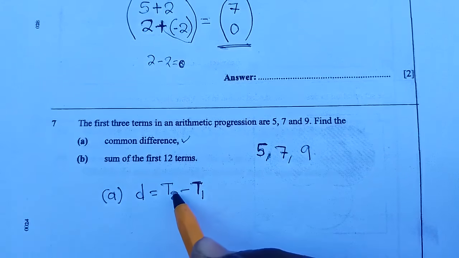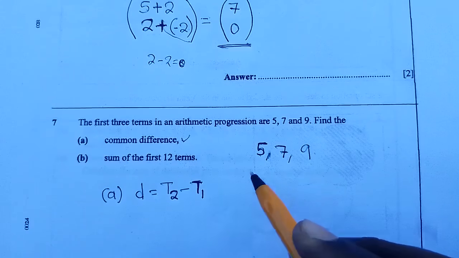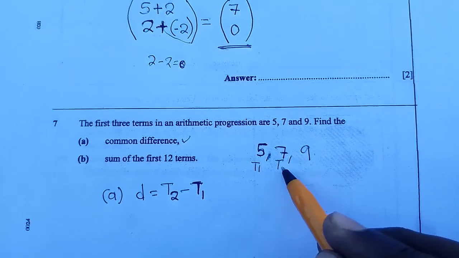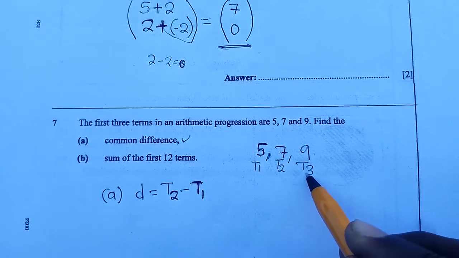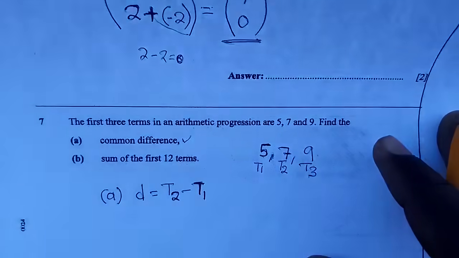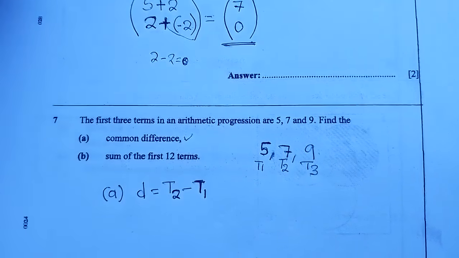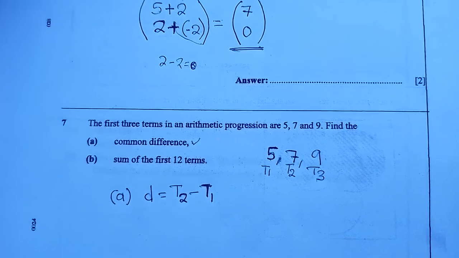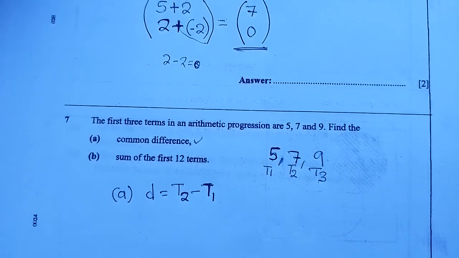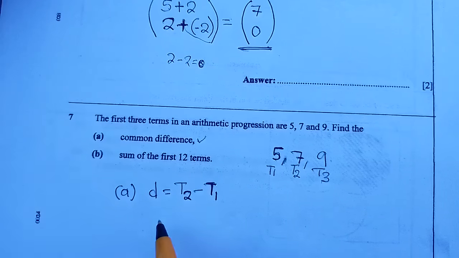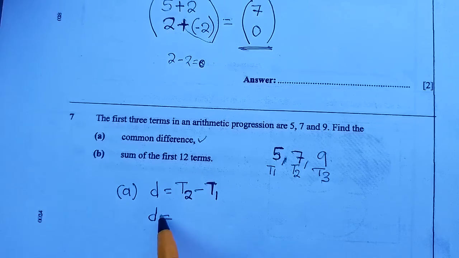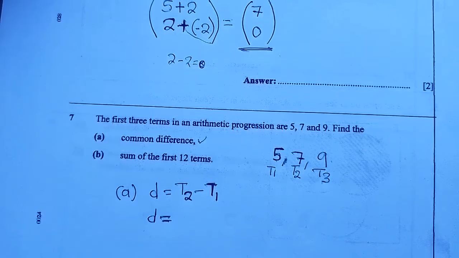This is your first term, this is your second term, this is your third term. So I'm going to say D, or common difference, is equal to